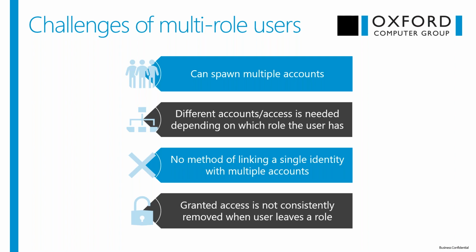So many times in identity management, we look at the central repository of identity management as the place where we need to basically take accounts in one system and many disparate systems and link them up to a single identity. And then granted access is not consistently removed when a user leaves a role, probably the biggest one, because users change. Users become, let's say, not a faculty member. They leave, they're terminated, however, but they still are a student and they still need to have that student access. And we have to ensure that when they leave, we deactivate the faculty access, but we ensure we leave the